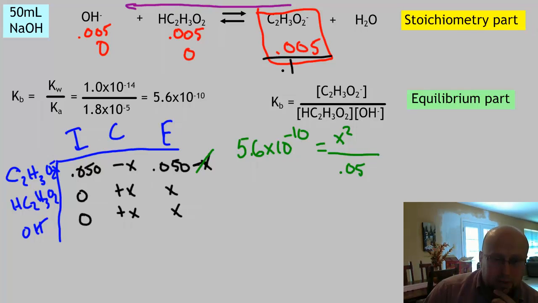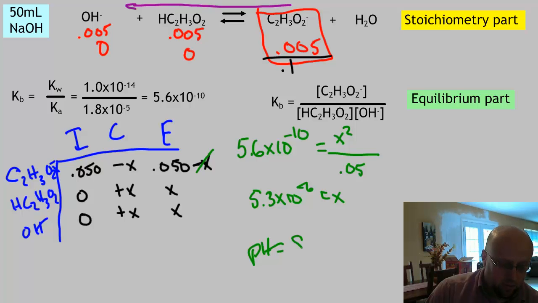Okay, and so now we're going to solve that for x, and x is going to turn out to be 5.3 times 10 to the negative 6th, somewhere around there. Now remember though, in this case, x is not H plus, x is OH, okay? And so the easiest thing to do, I mean, we could convert that into H plus, but the easiest thing to do is to calculate your pOH, and then subtract from 14, and once we do that, that is going to give us a pH of